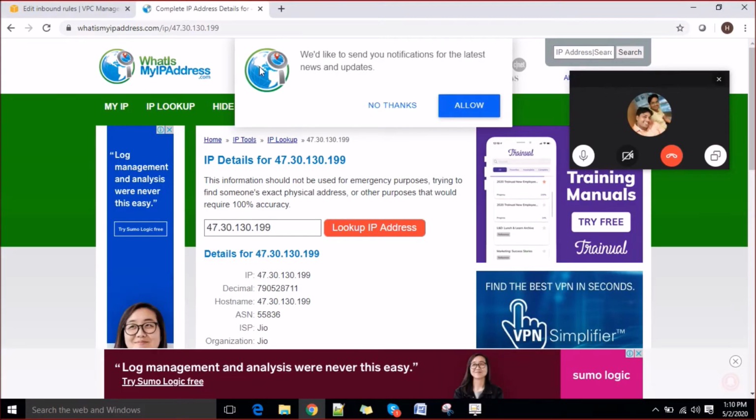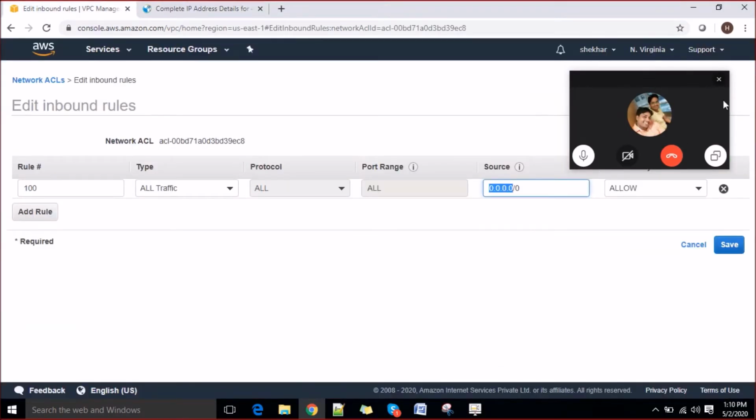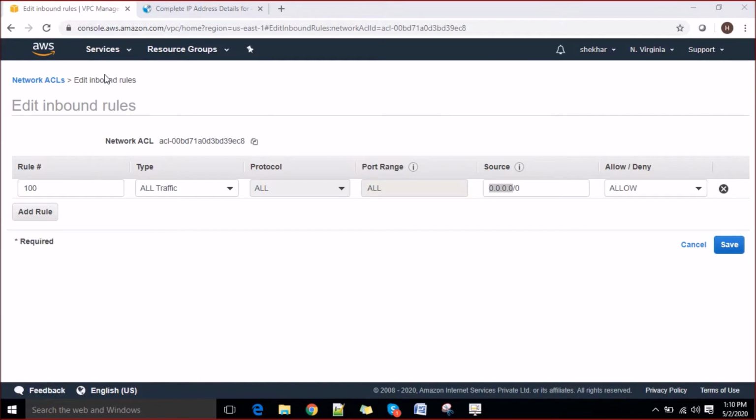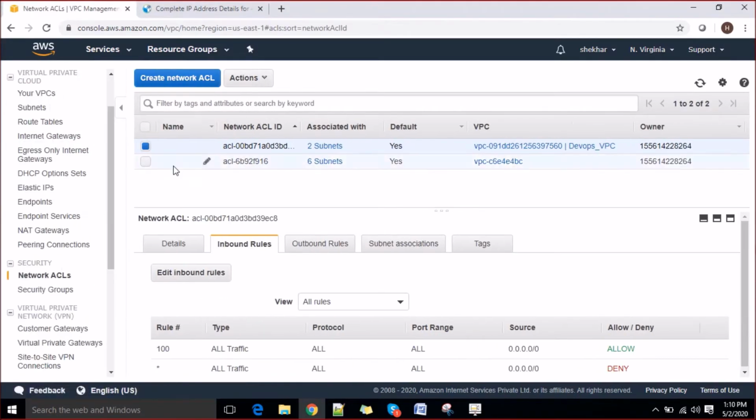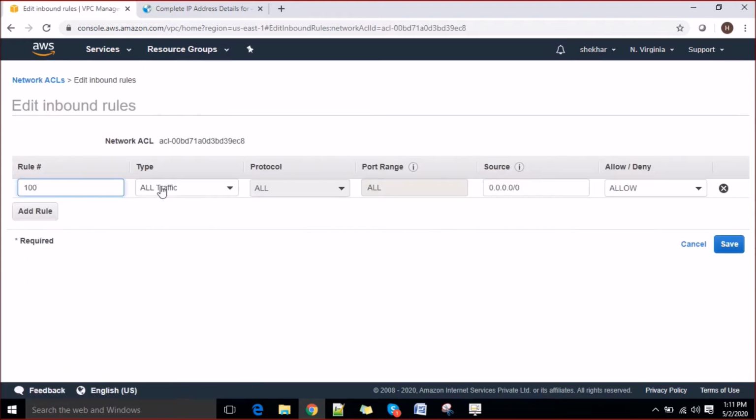So what I was talking about is, by default we see two rules in the NACL, which are created by default: one inbound and another outbound rule. For the inbound rule, by default the rule number is 100 and all sources are allowed. So everything is allowed to come in from across the world.